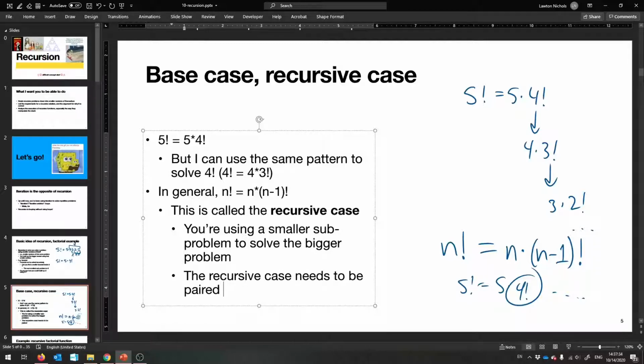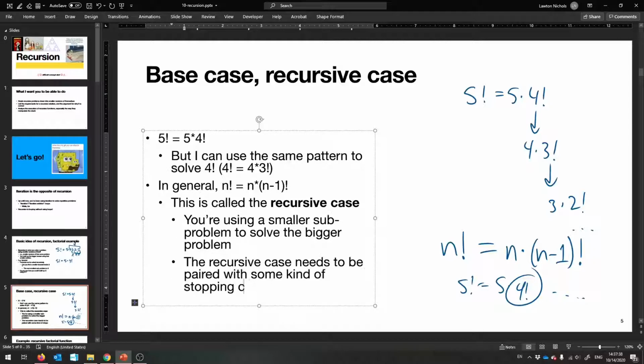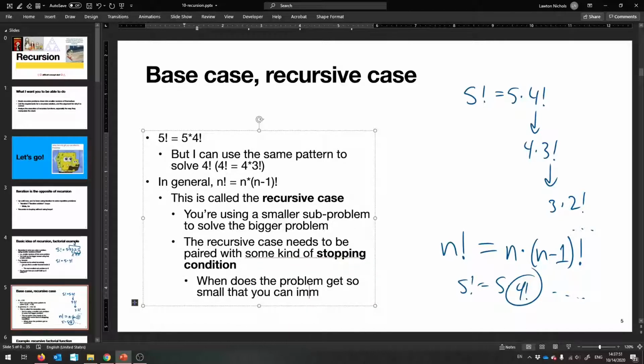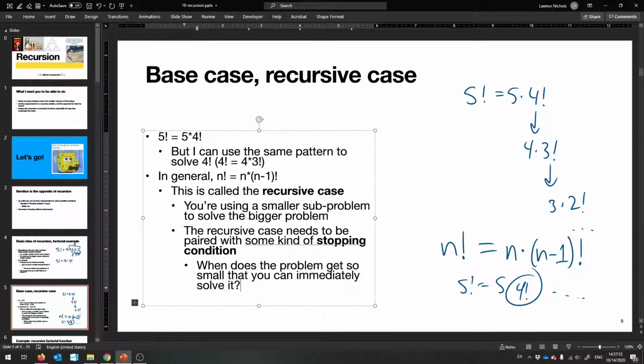It needs to be paired with some kind of stopping condition. Like the problem gets so small that you can immediately solve it without using smaller subproblems. Because right now, given our definition, what we're trying to do,